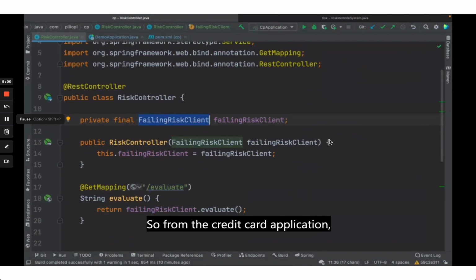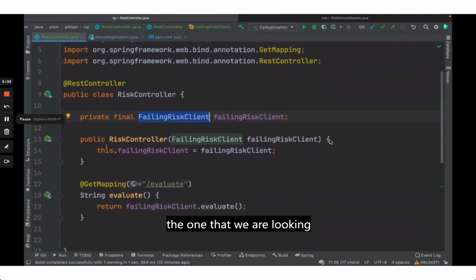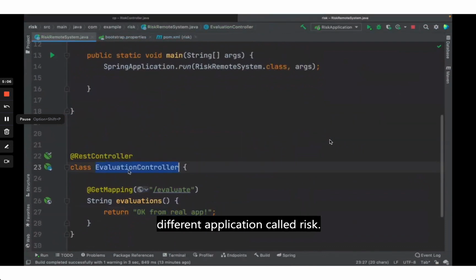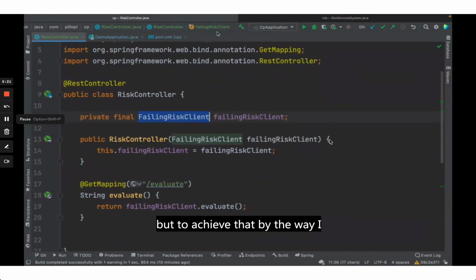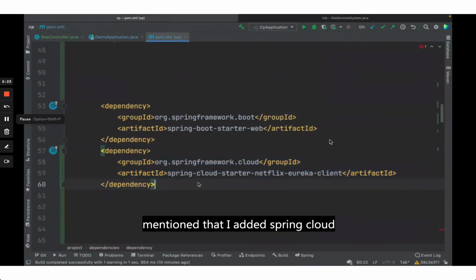So from the credit card application, the one that we are looking at right now, we'll talk to a different application called risk, with an evaluation controller with an /evaluate endpoint as well. But this one just returns OK from a real external, separate, remote app. All right. But to achieve that, I mentioned that I added Spring Cloud Starter Netflix Eureka client